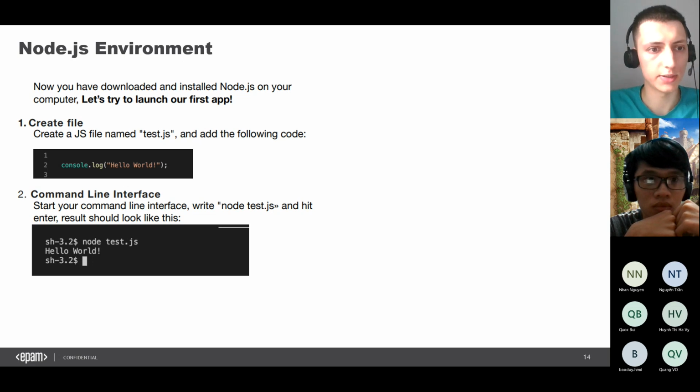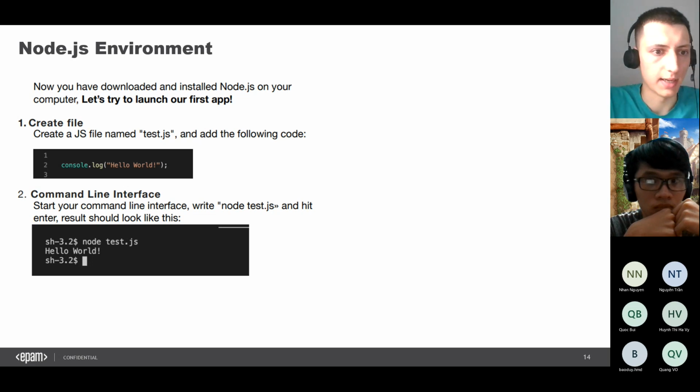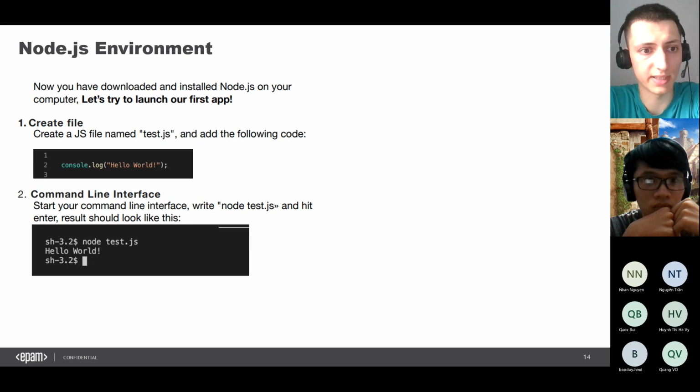To do it, you need to tell Node.js to execute this file. It can be done by using the node program from the terminal, and then providing the path to your JavaScript file. As you can see on the second screen, we just type node test.js, and it's executed.